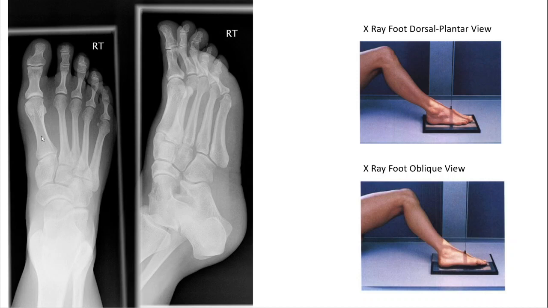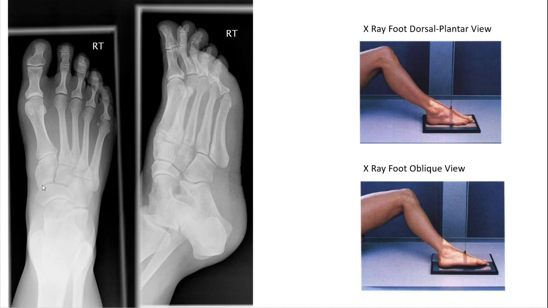Now we know that obviously these are the phalanges. The toes, great toe has two phalanges, the lateral four toes have three phalanges. So we know this is the first metatarsal, these are the second, third, fourth, and fifth metatarsals. Now the first three metatarsals articulate proximally with the medial, intermediate and lateral cuneiform respectively. Now we see that the intermediate and lateral cuneiforms are quite overlapping because they are forming the transverse arch, right?